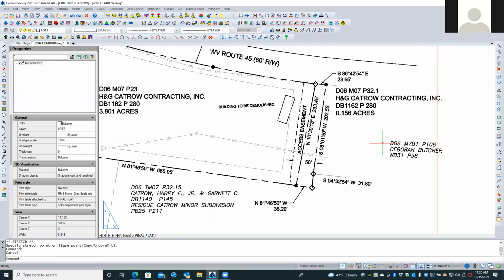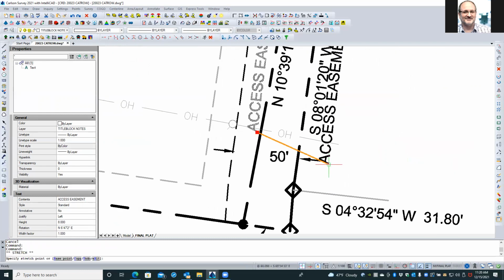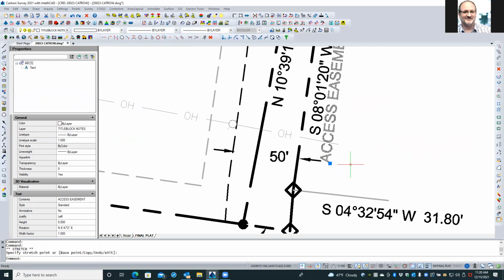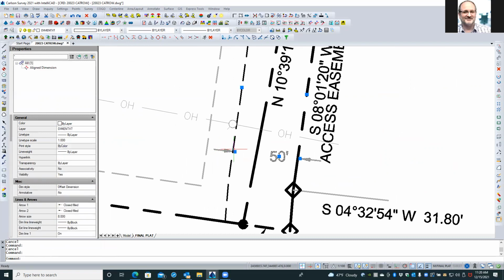All right, so I'm going to pull that out of there just a little bit. We may reposition it in a minute. Now, I think what I'd also like to do is I'm going to take this and associate that with this 50 footer, with this 50-foot dimension. Okay. And see, I've also got to get